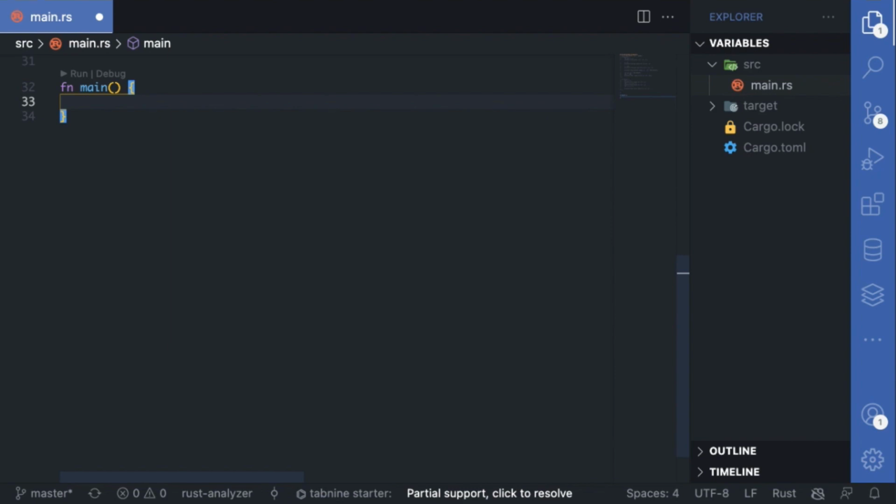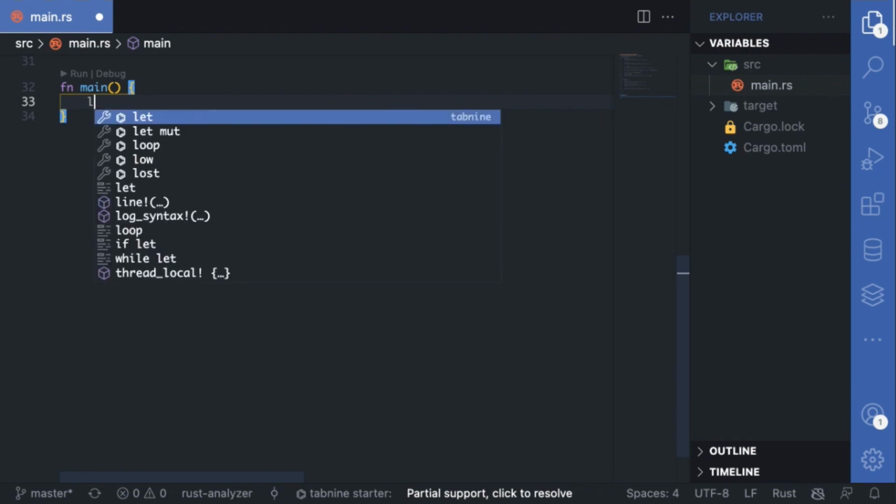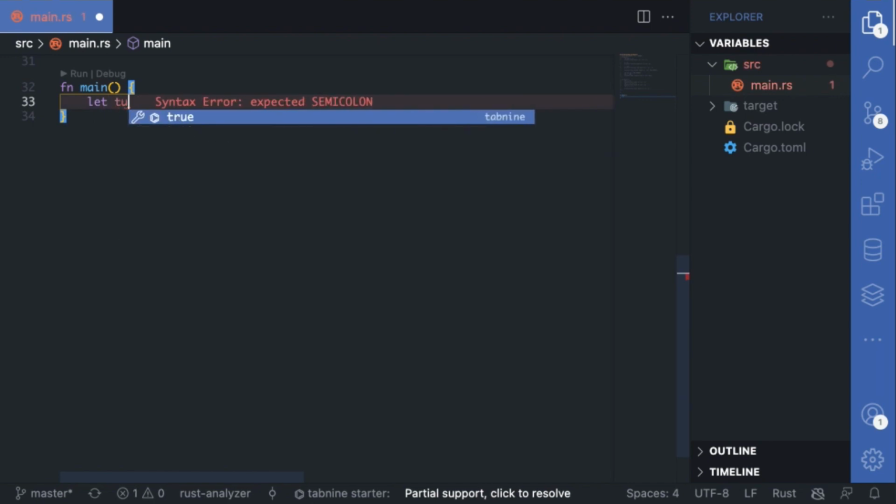So the tuple, a tuple is a general way of grouping together some number of other values with a variety of types in a compound type. So tuples have fixed length. Once declared, they cannot grow or shrink. So when declaring a tuple, we still use the let keyword. So let tuple equals